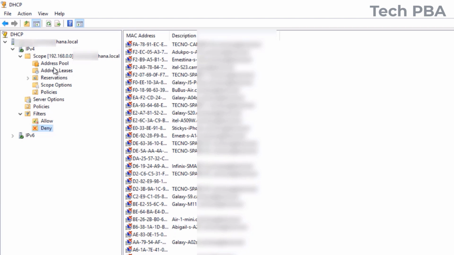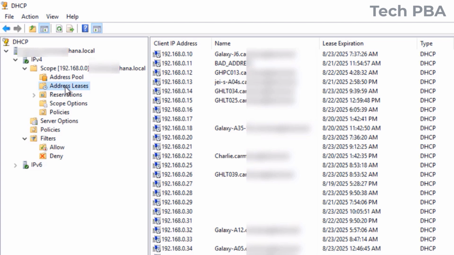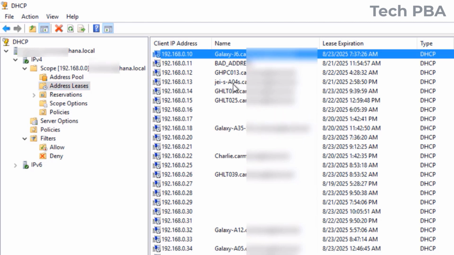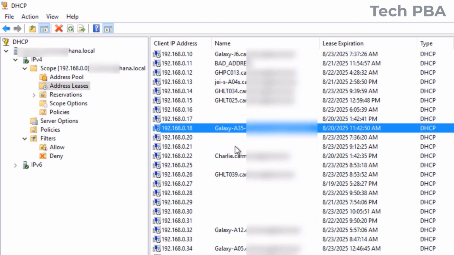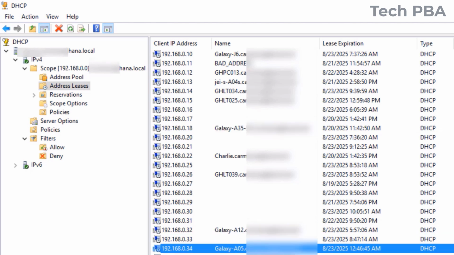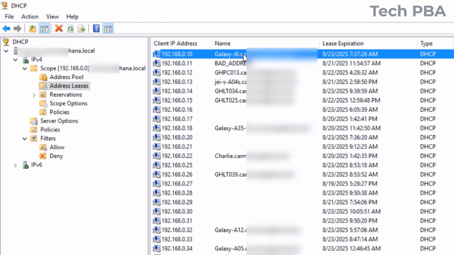network. So the next thing is to select the address leases under scope to see all the devices, a list of the devices that are connected to this particular corporate network. So you can see we have some mobile devices in the list, and the company has tasked us to make sure that we block and then remove all of these devices from connecting to the network. So right click on a device you want to block